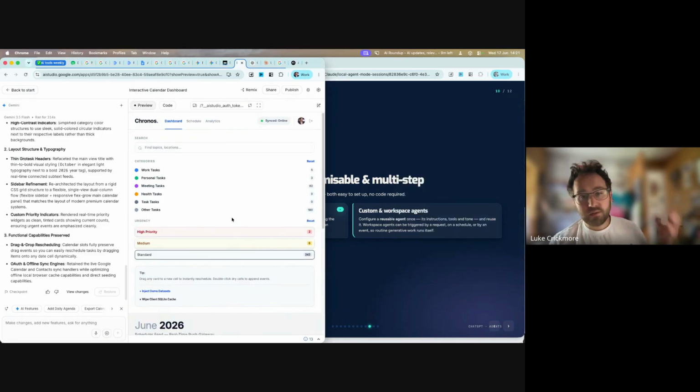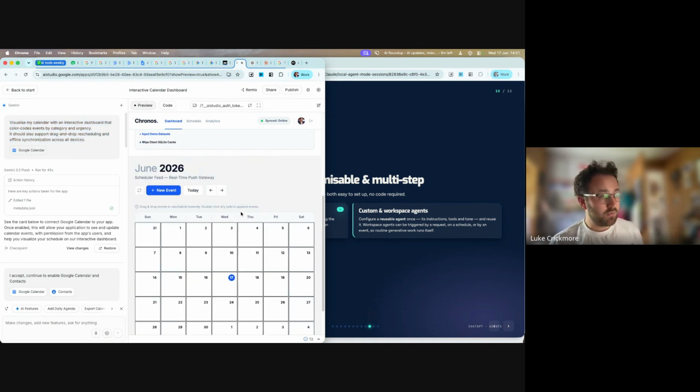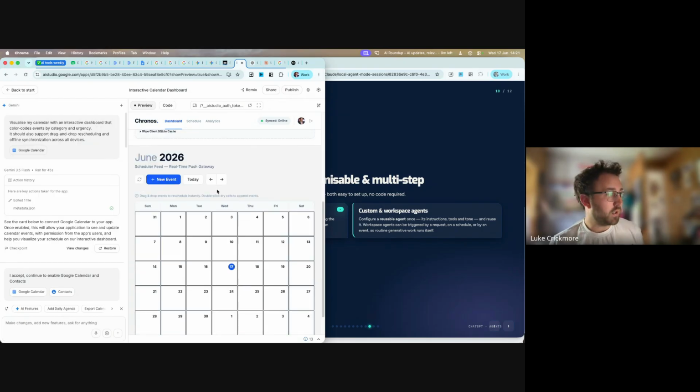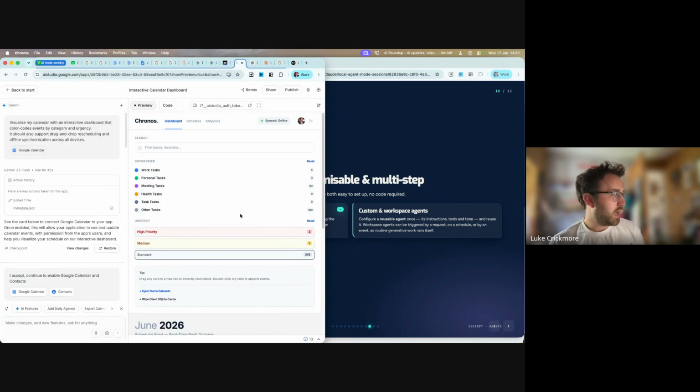And then for this very quick example, I can't even remember what I said: visualize my calendar with an interactive dashboard that color codes events by category and urgency. I very quickly threw this together earlier. It hooks up to my calendar. So I've got 180 other tasks I need to do in my calendar,